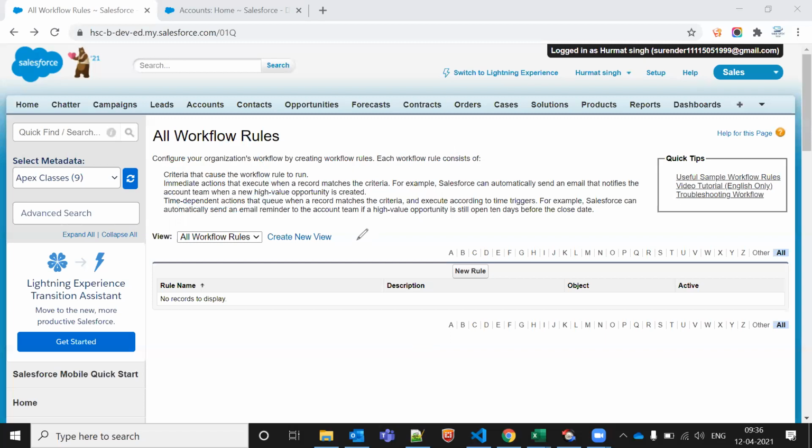The second one is like anytime it's edited, and anything is getting edited. Suppose the first time you have created it, you have given the phone number, that time it will go. No, if you are giving the phone number the first time, it will not go, because that's a new entry coming to the database. That time it will not fire.